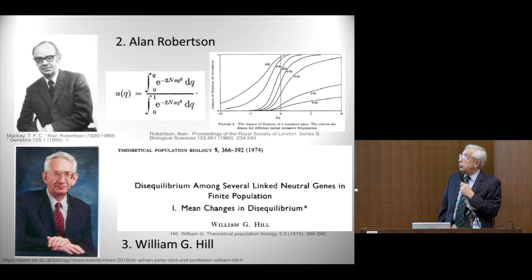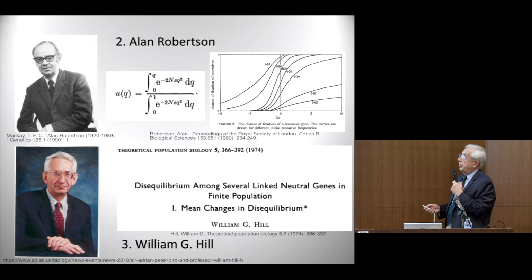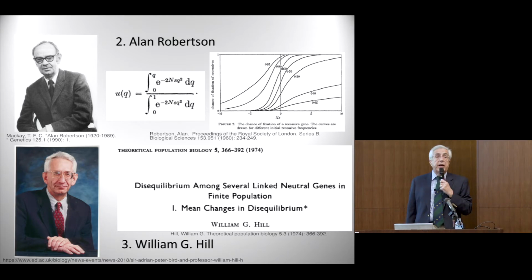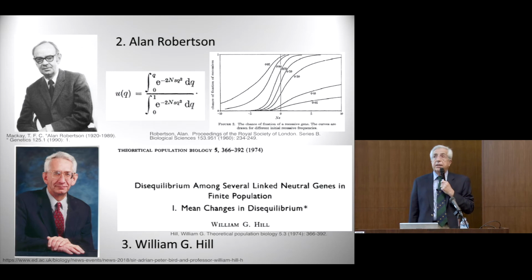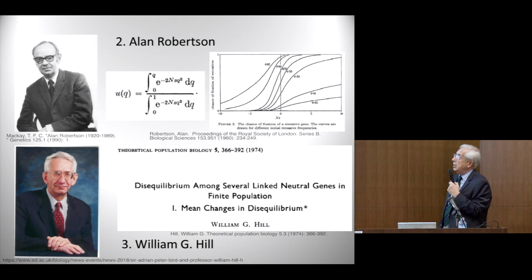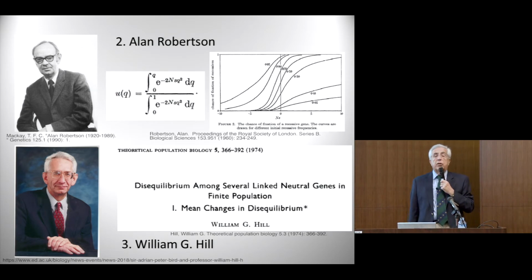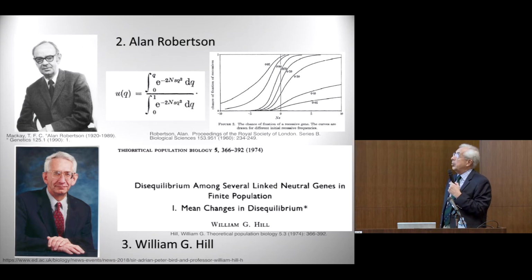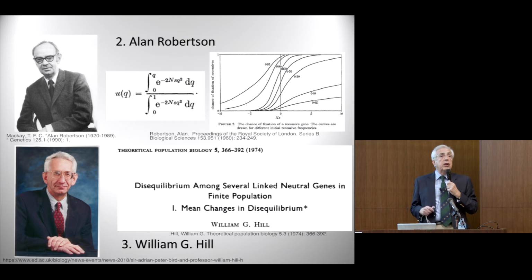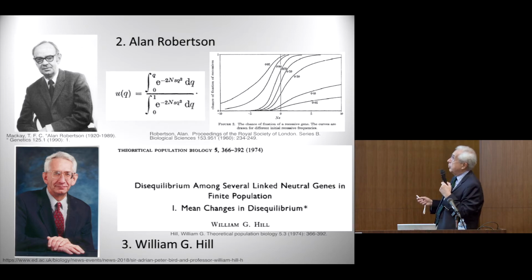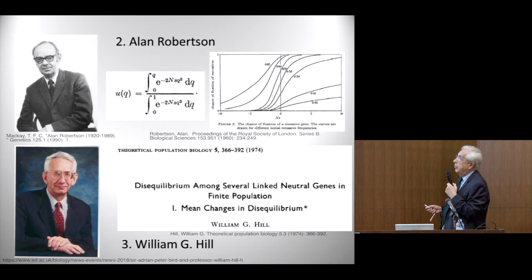Very important book. And then two persons, Alan Robertson and Bill Hill. Professor Robertson passed away in 1987. He was very interested in using ideas of no less than Motoo Kimura to arrive at the probability of fixation of an allele in a small population that was undergoing selection. So Robertson has a number of important papers on this matter.